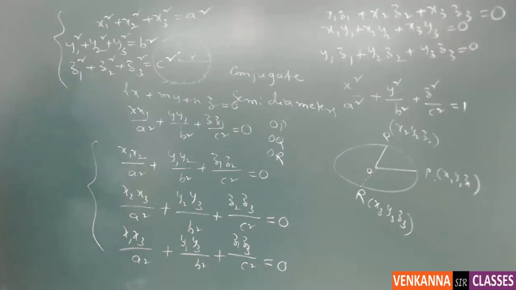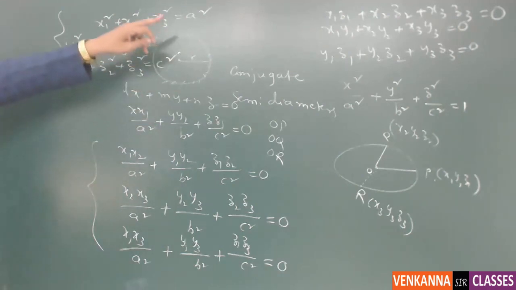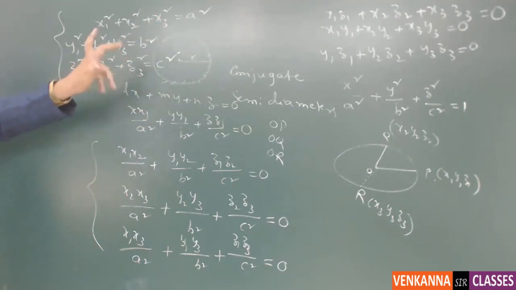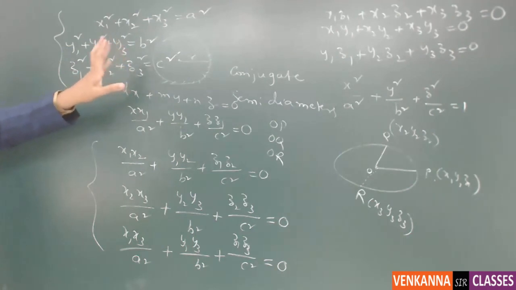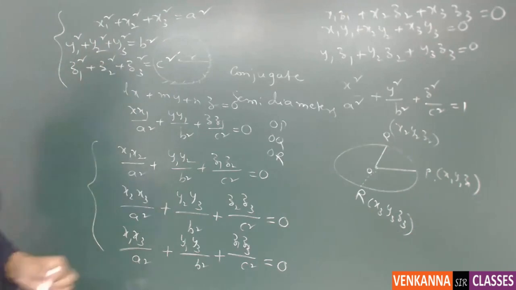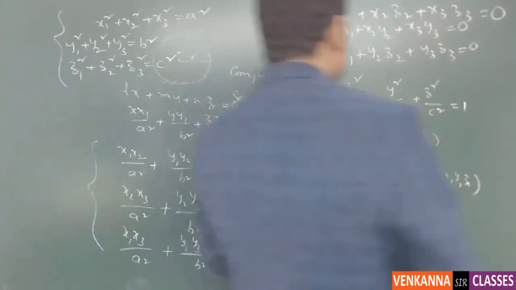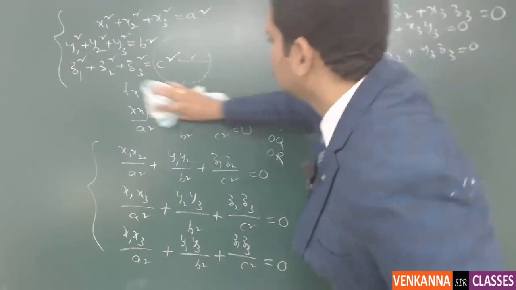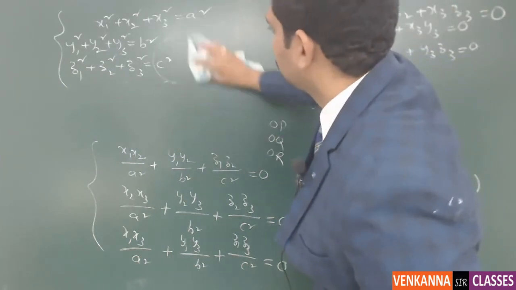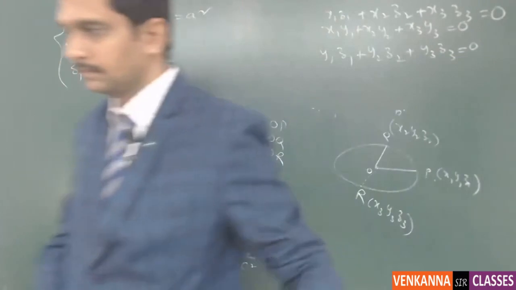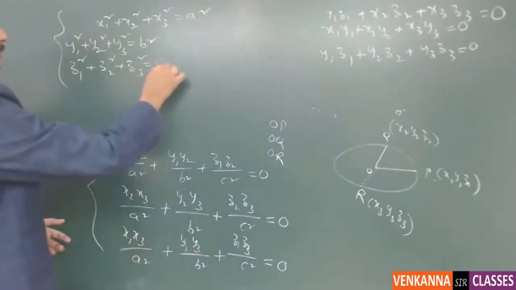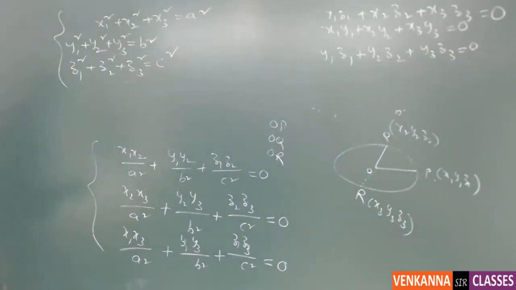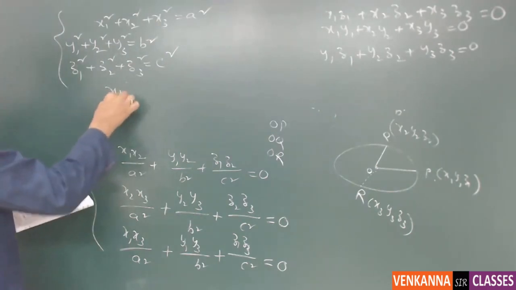So if you observe, the properties what I have written are just similar to the properties of direction cosines. Please understand that the properties what I have written are somewhat similar to the properties of direction cosines. That is one set of properties. And you have one more property that